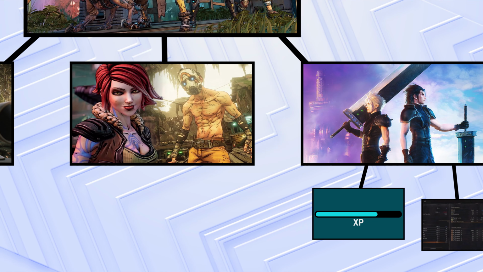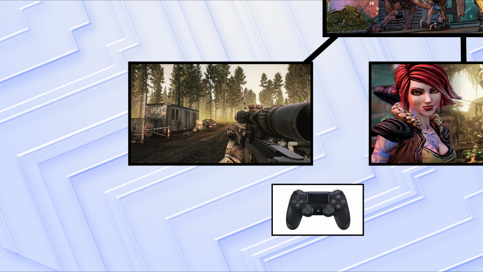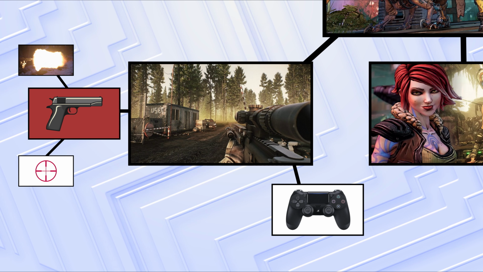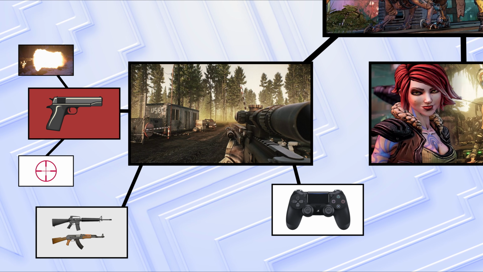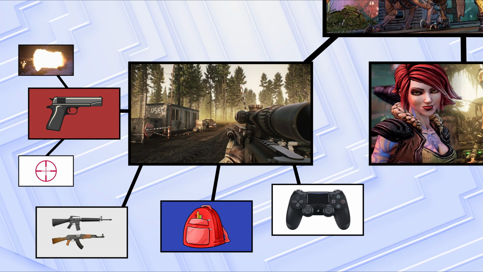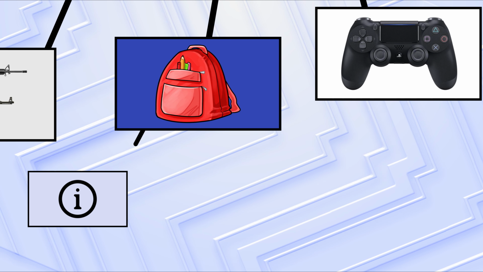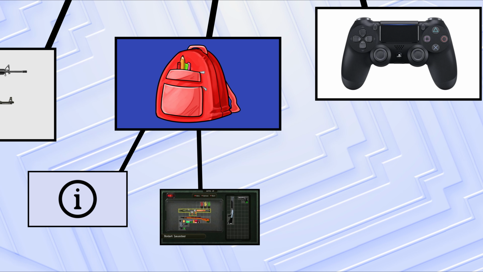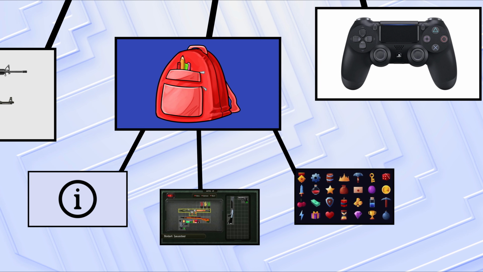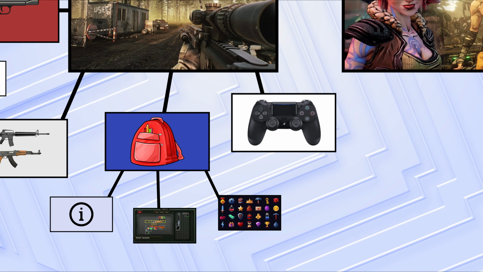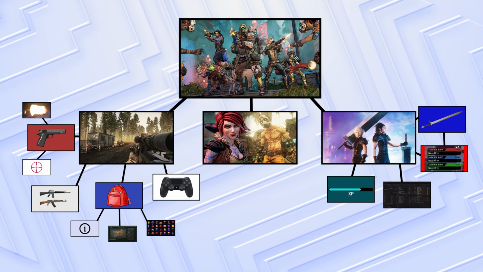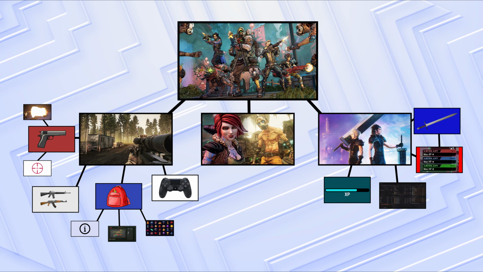We'll do the same thing with the shooter parts, breaking it down into things like the basic movements, the basic weapon functionality like aiming and shooting. Once that's in place, we can start on a system that can let you carry multiple weapons at a time and switch between them whenever the player wants. Maybe we need an inventory, which we can then break down into needing to be able to keep track of items, a way to store those items, a way to display those items, and so on and so forth. And as you can see, what started as "I want to make a Borderlands clone but I can't find a tutorial" has now grown into a whole network of smaller different problems that you can find easy solutions to.